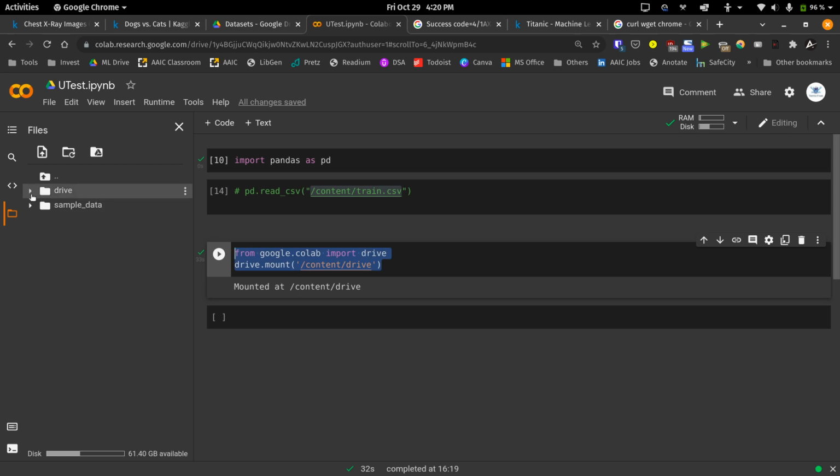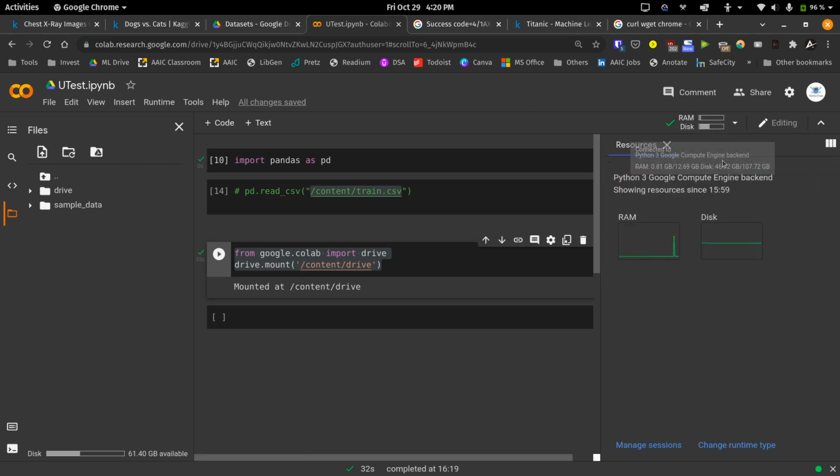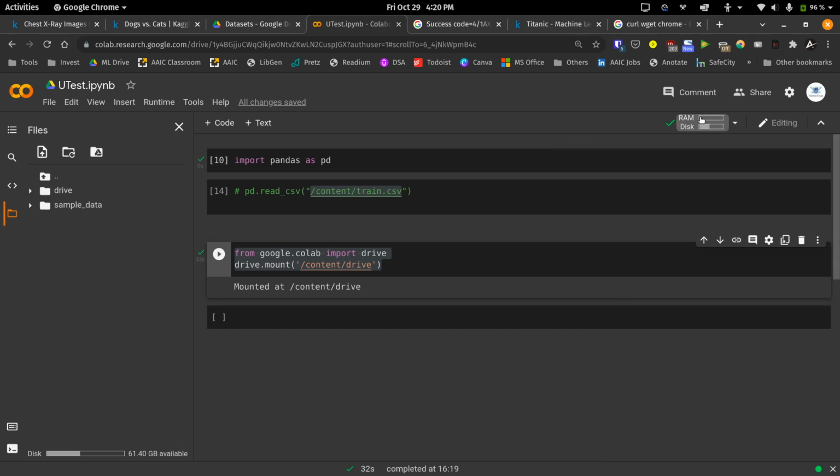Just to make it clear, whatever files we have in our drive, although it is mounted here, it is not in our current instance. What I mean by instance is, whenever you run a Google Colab server, it provisions a certain amount of disk space to your current running instance. If you see in the resources tab, we have around 46 GB used out of 100 GB disk. So keep in mind, the contents of your Google Drive are not considered within your current runtime space.